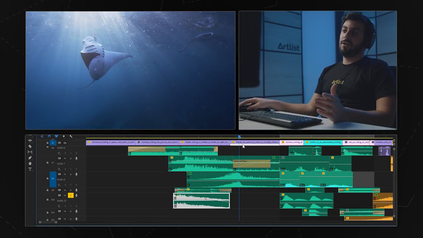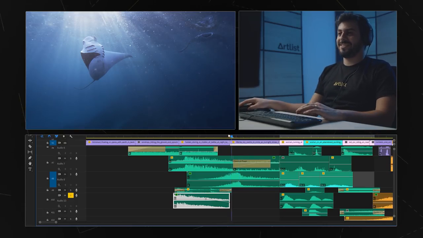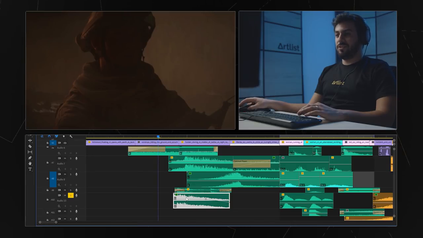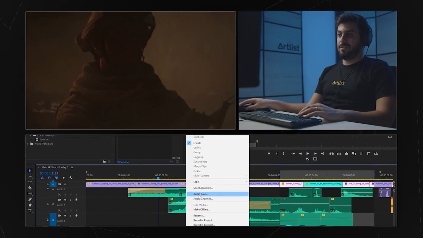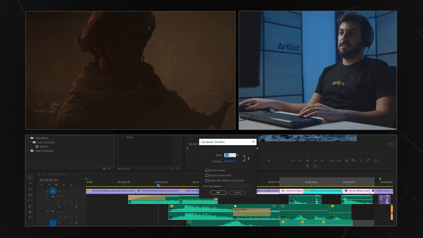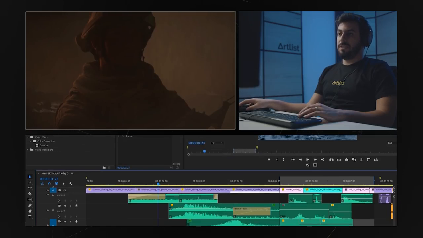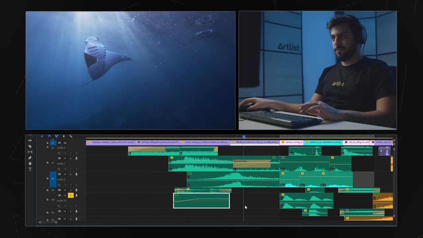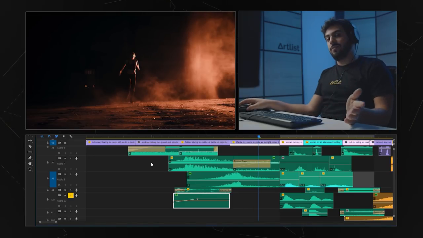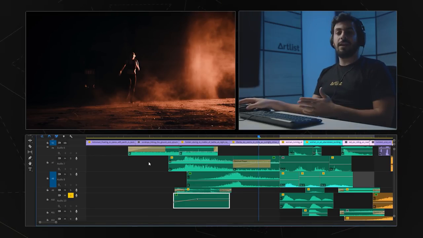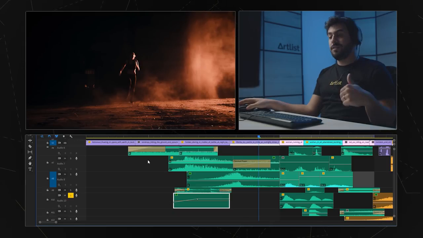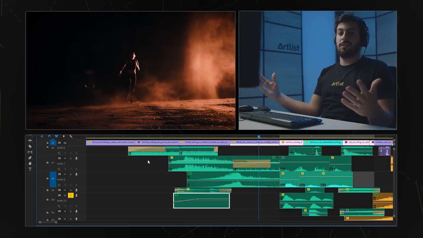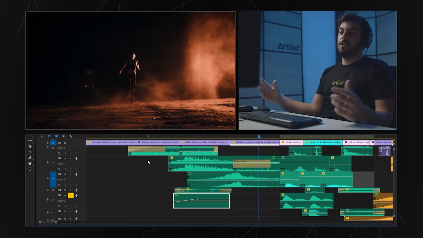And all I wanted is maybe a transition to this beautiful manta ray doing a 360. So all I need to do is right click on the sound, go to speed and duration, reverse speed, and I've got myself a riser. Now you can get even more creative with that. Just take any sound, put some reverse on it, see how it sounds. Maybe it sounds cool and can fit something else, and maybe it can give you some more creative ideas